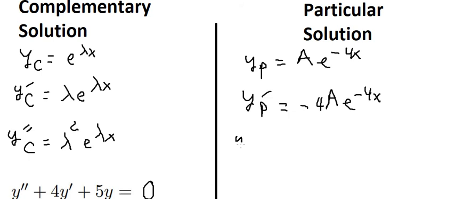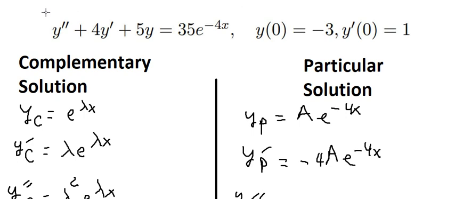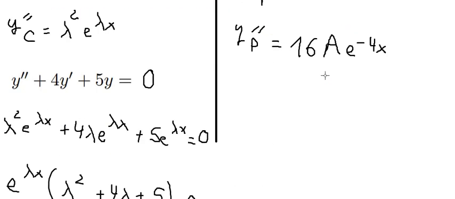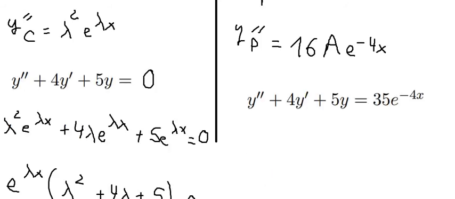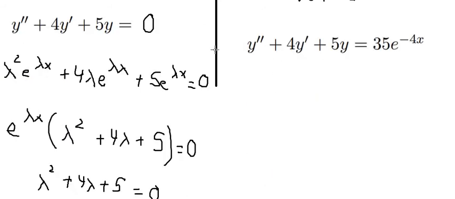Now the second derivative gives 16A e to the power of negative 4s. Now we have this equation here, so I will put this one here, this one here, and this one here, and we will have